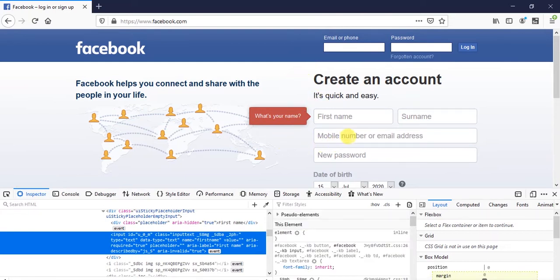In this website, if you want to validate that the first name and surname should be present, we can use isDisplayed and isEnabled. In this website, the first name and surname are present, so the output will be true. Otherwise, if the element is not present, it will give false. In the testing environment, sometimes the developer might not have inserted this text field. In that case, you can use these conditional commands to validate the text field.